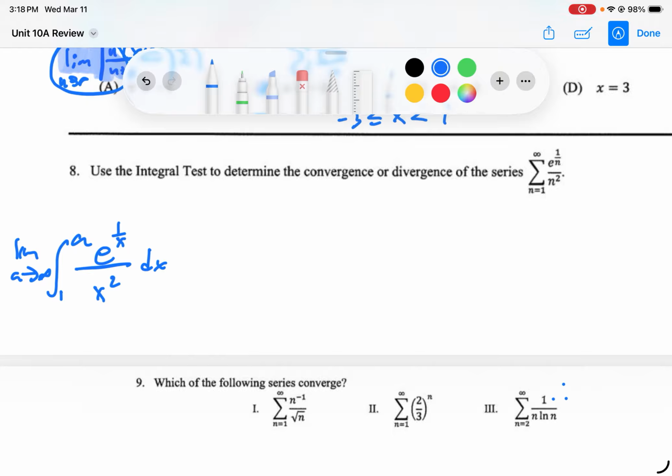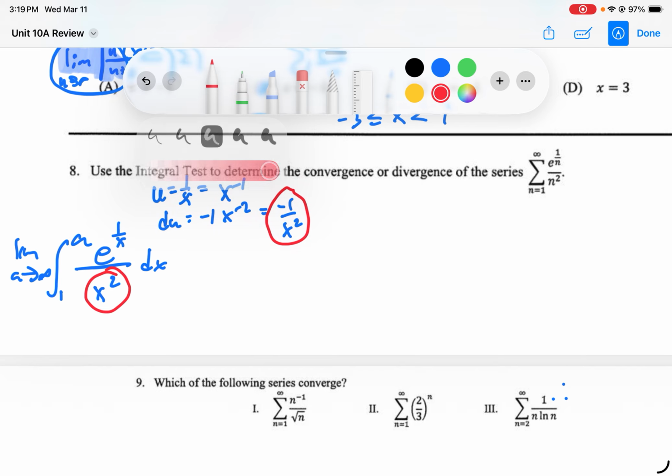I'm going to say u is equal to 1 over x, which is equal to x to the negative 1. That means du is equal to negative 1 x to the negative 2. So this would be rewritten as negative 1 over x squared, right? So that 1 over x squared is this right here. But the only case I need to make it negative, so I'll say this is equal to,